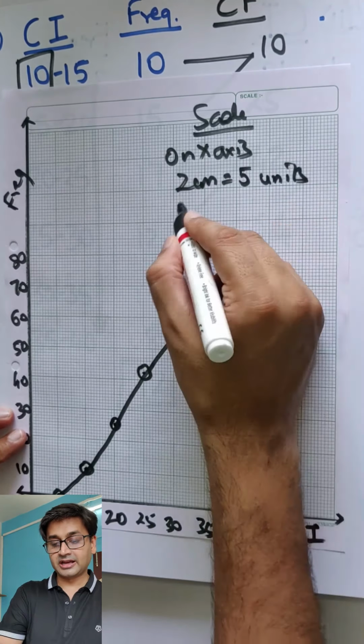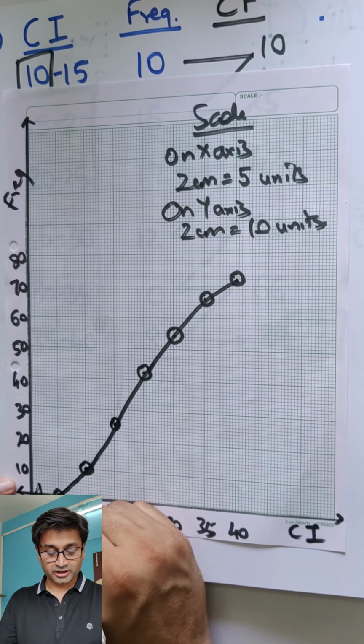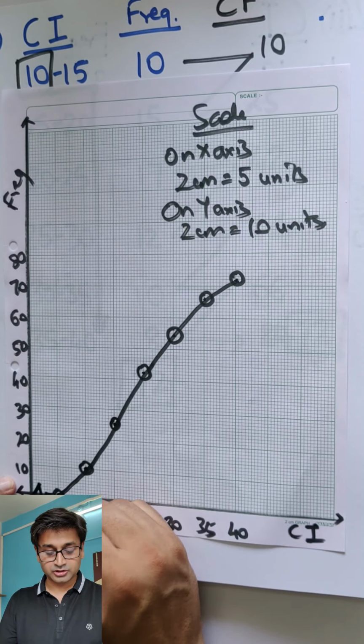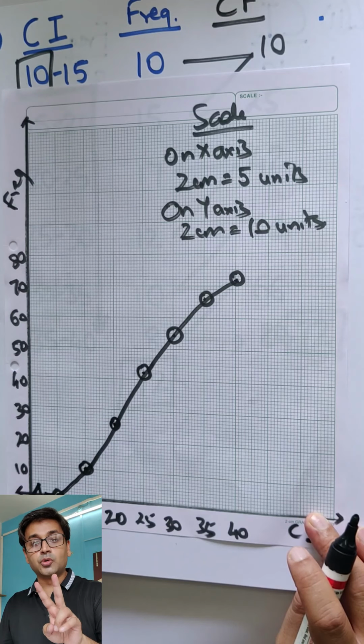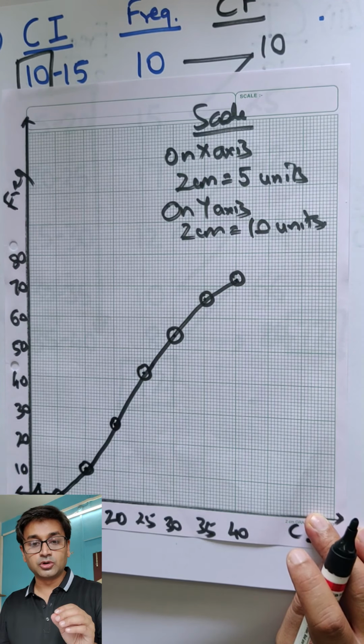What else did we forget? Very good, the king, 10 to 15 and 0 to 10. So I forgot to put a king. I would have lost 1 mark straight away. That's exactly what your cumulative frequency is. I hope by now at least you know both the things, the histogram and the cumulative frequency. We took some more time to understand these two concepts. Now that we know them well, we can go fast.